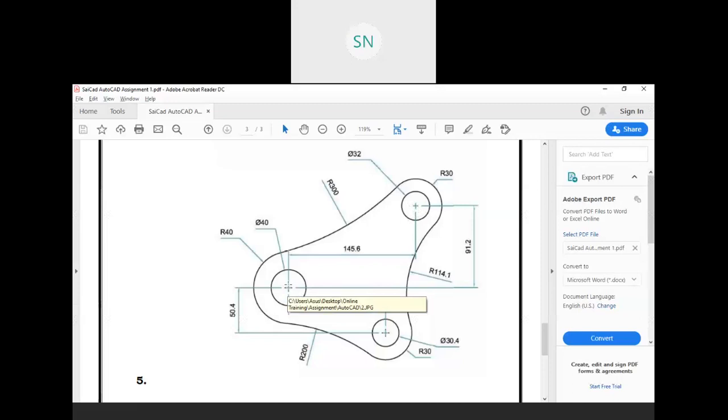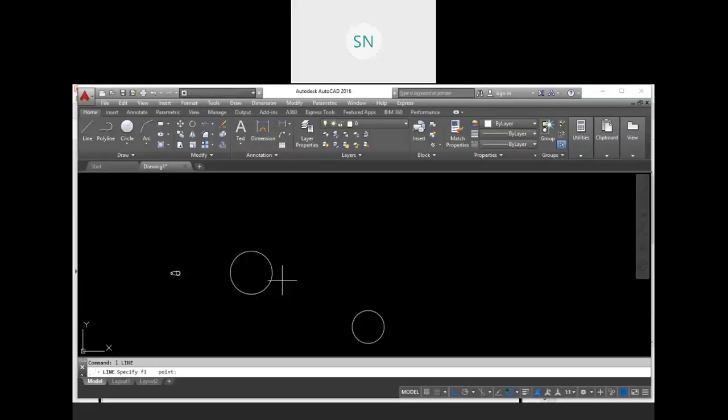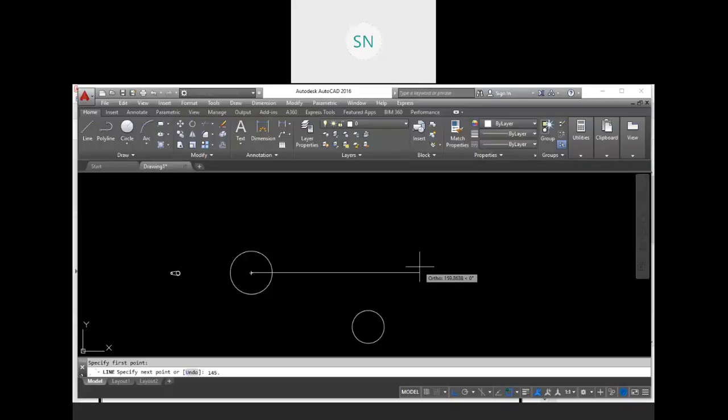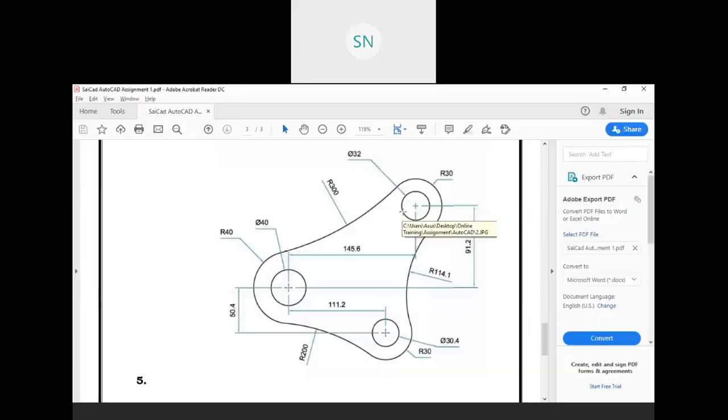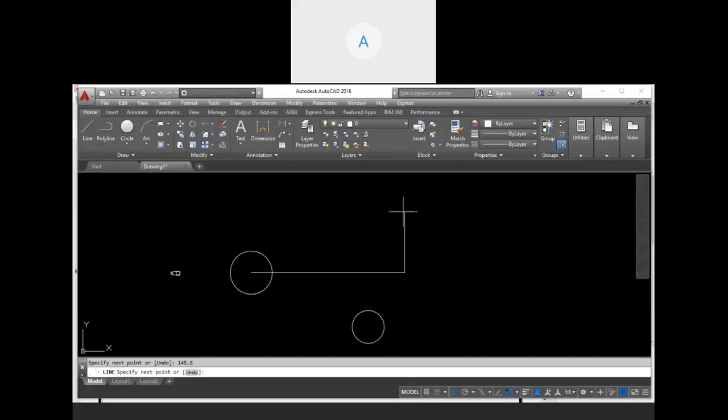Now focus on the next circle. From this circle, we have 145.6 in horizontal and 91.2 in vertical. So draw one line from the center point of this circle, 145.6 and 91.2.